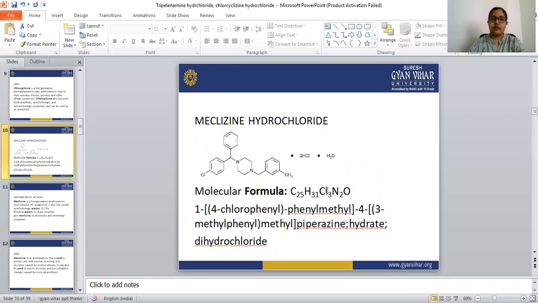Next drug, our next drug is meclizine hydrochloride. So the structure of meclizine hydrochloride is this. This is the structure of meclizine hydrochloride, and the molecular formula is